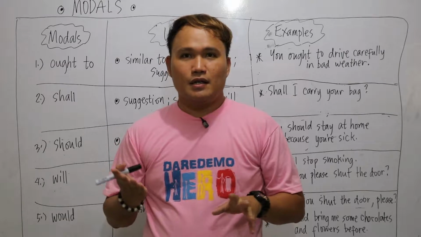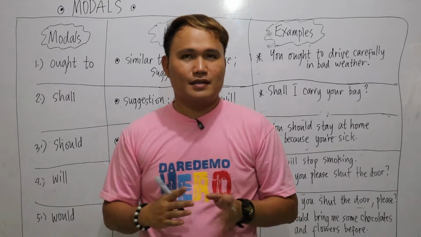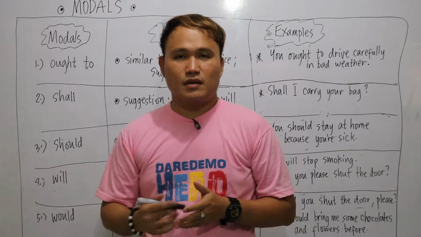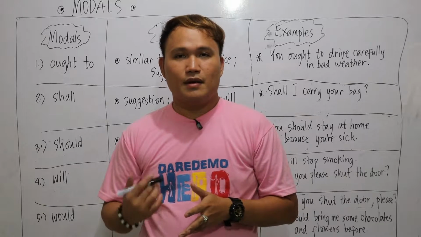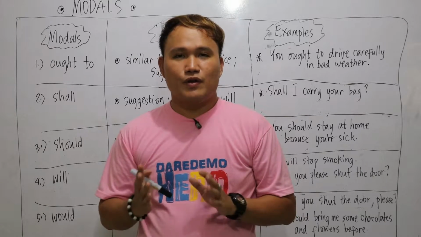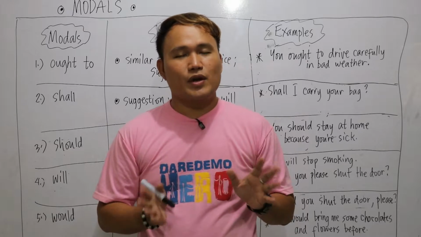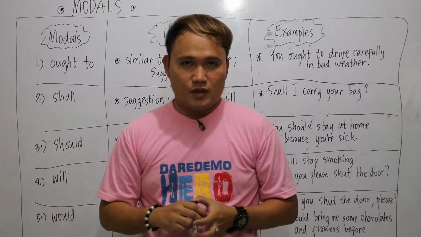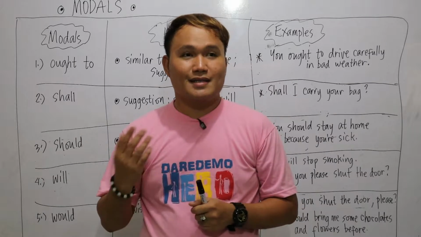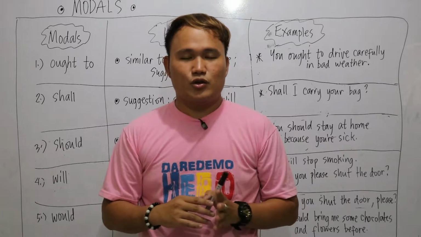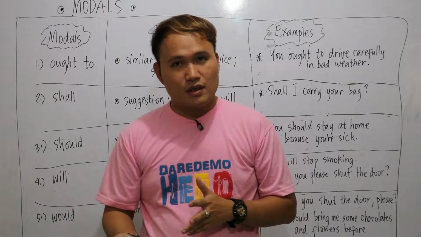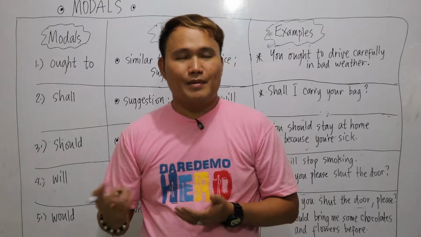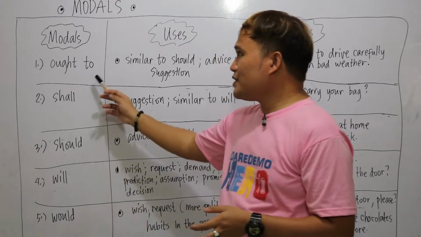So for example, for can, there's cannot or can't, and we also have will not, may not, might not. So the negative forms of modals are the totally opposite to the uses of the positive modals. So always bear in mind, negative modals have not. So cannot or can't, a shortened form for cannot, will not or won't, may not, might not for might. Okay, now let's continue with ought to.